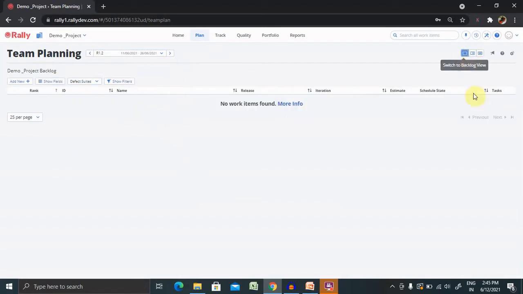So first of all, let's understand what is team planning. Team planning, you use the team planning page to pull work from the backlog and schedule work into iterations. Team planning allows you to easily view the velocity of your work items in a given iteration and whether the team is over capacitized. Team planning requires that you have already set up time boxes to use, such as iterations,